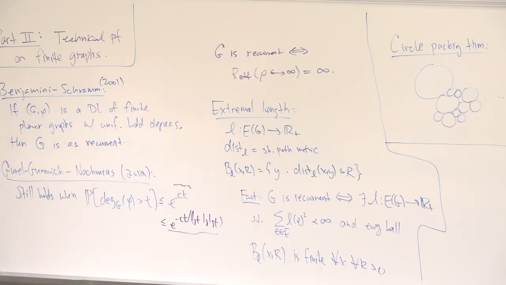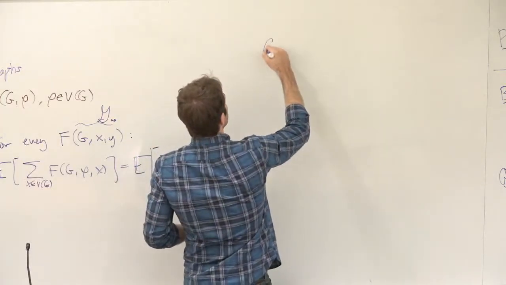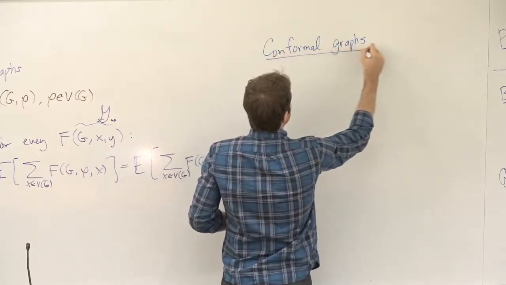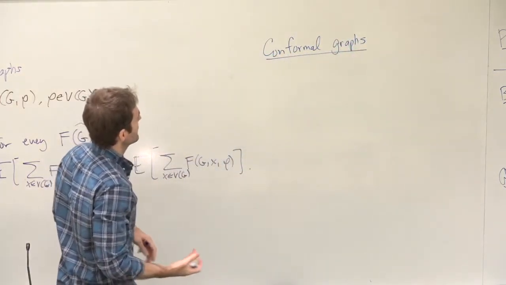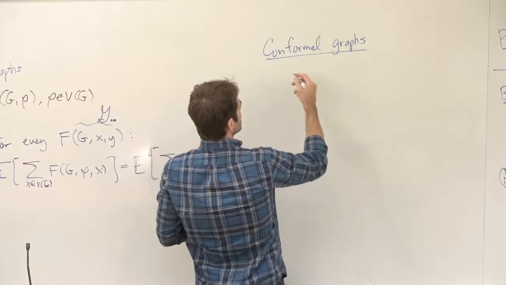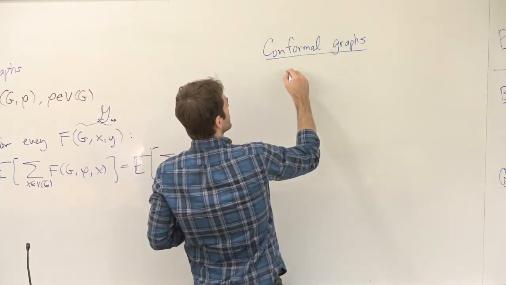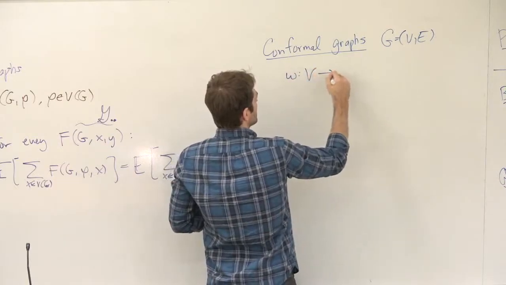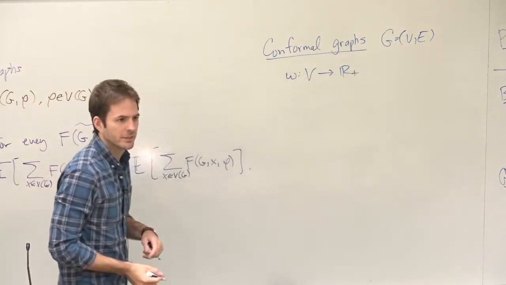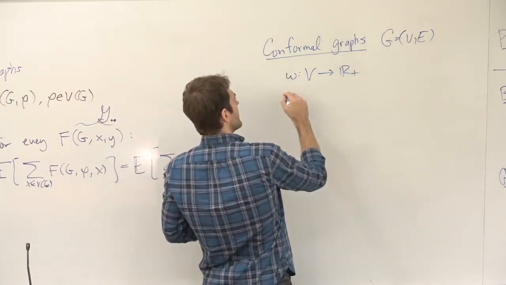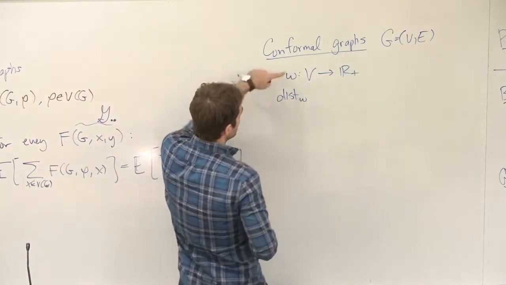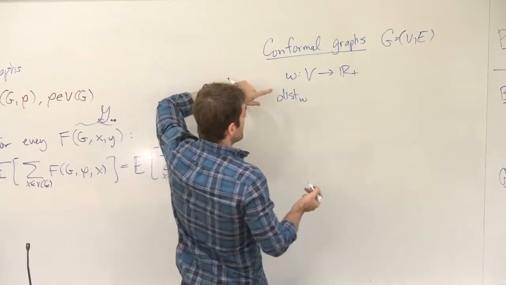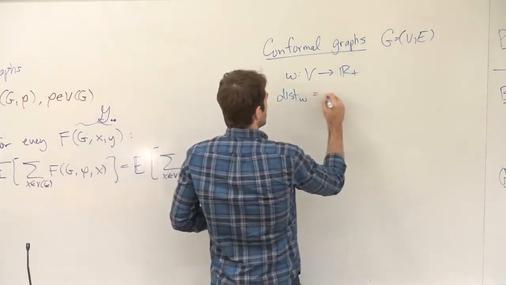So now let me define what I mean by that. It sounds a bit fancy for what it is. It's just a weight function on vertices. But I want to endow graphs with some additional conformal structure. So we have a graph, and then we'll think about non-negative weights on the vertices. Okay, I'm calling this a conformal weight on the graph. And then given such a weight, you can define the lengths of paths. The length of a path is the weight of the vertices in the path. And then given the lengths of paths, you can define a path metric. Okay, so this is the induced